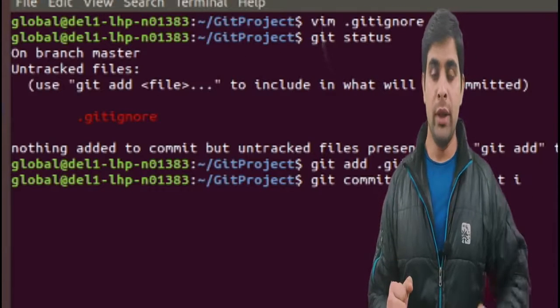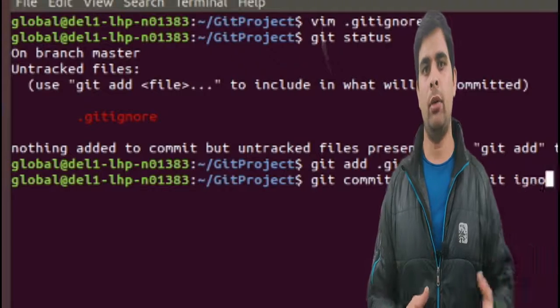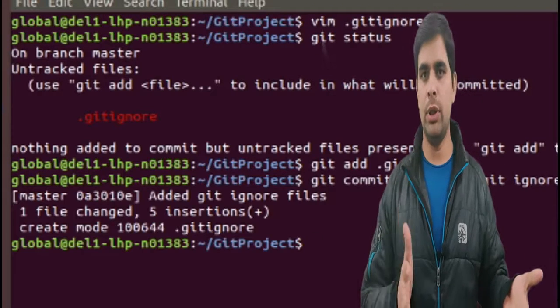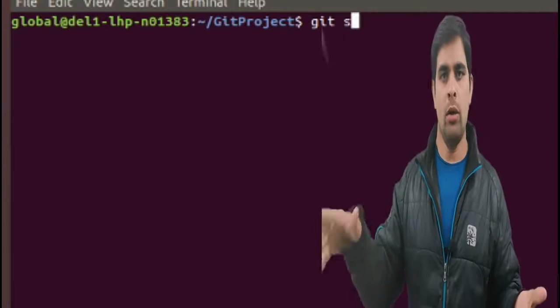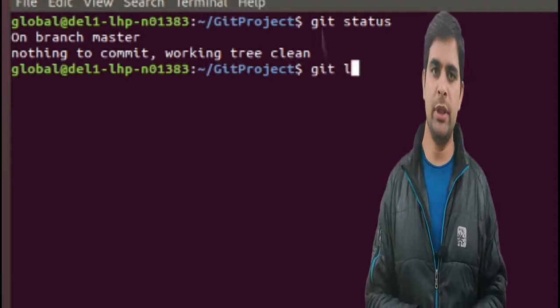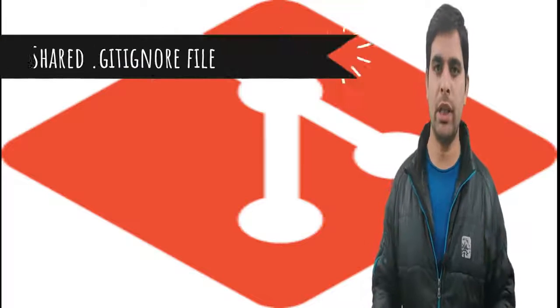Now we can categorize git ignore files into three types: one is shared, another is personal, and the third one is global. The shared is the git ignore file which is present in the root of your git repository.